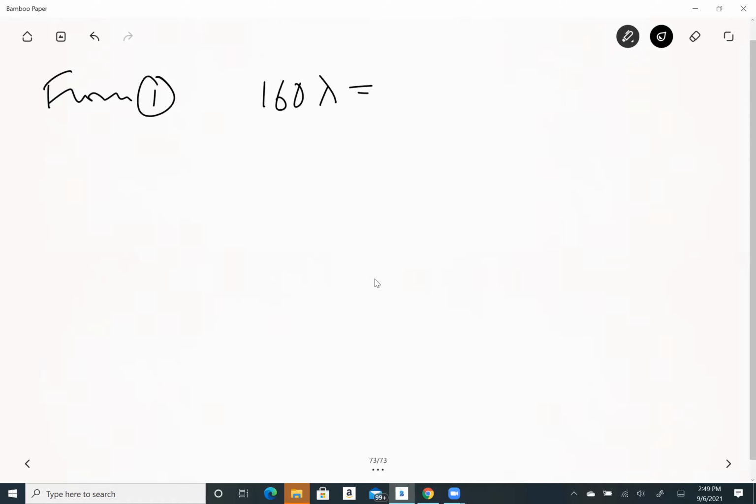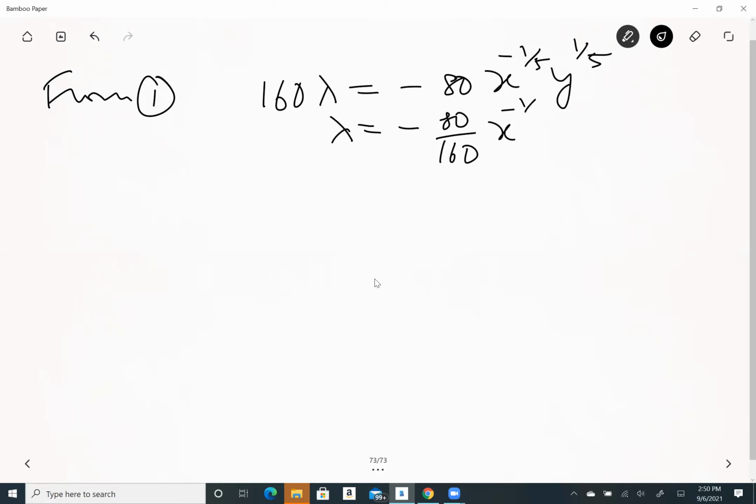160 lambda is equal to negative 80 x to the power of negative 1 over 5, y to the power of 1 over 5. And then lambda is equal to negative 80 over 160, x 1 over 5, y 1 over 5. So here you can simplify, you got negative a half. Okay. Now from number 2,